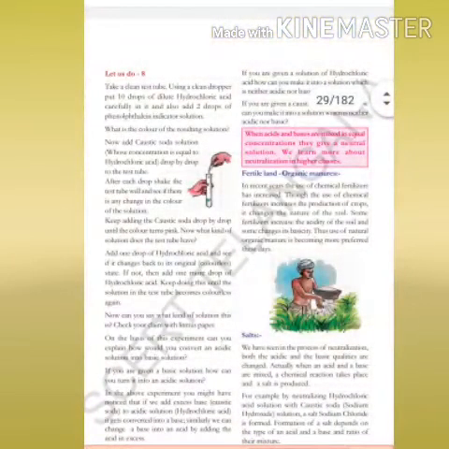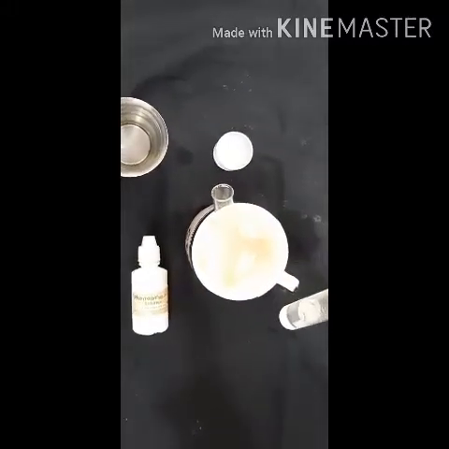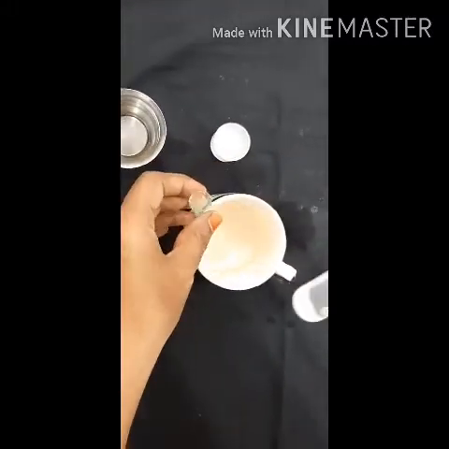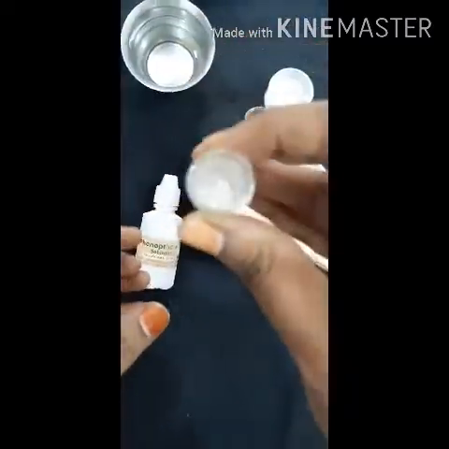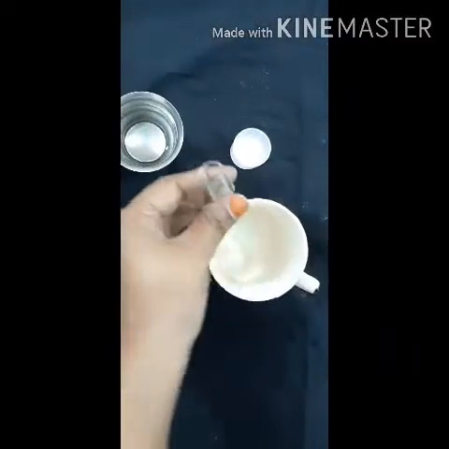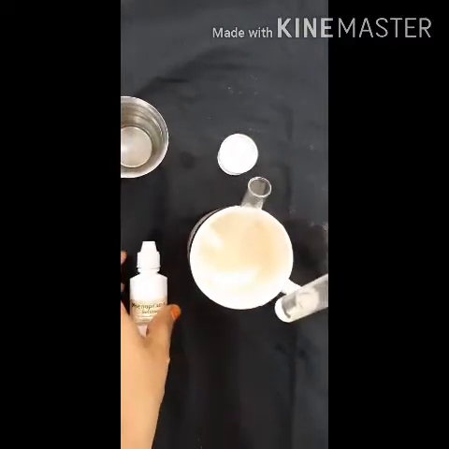Now we are going to do one more activity here, children. We will take the phenolphthalein indicator and we take one acid and base. We add phenolphthalein indicator to base, then we are adding acid. How it changes, we will observe in this activity. I am taking sodium bicarbonate water, which is a base, and I am taking lemon juice. One base and one acid I am taking in 2 test tubes.